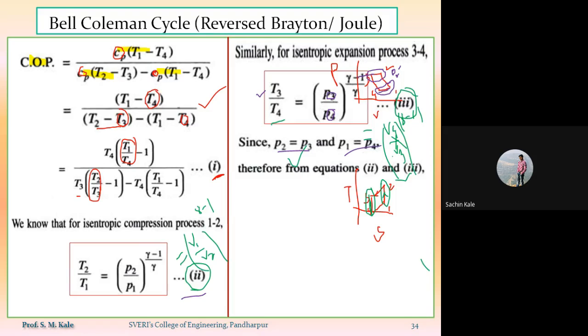So here by equating equation 2 and equation 3, as the right hand sides are the same,